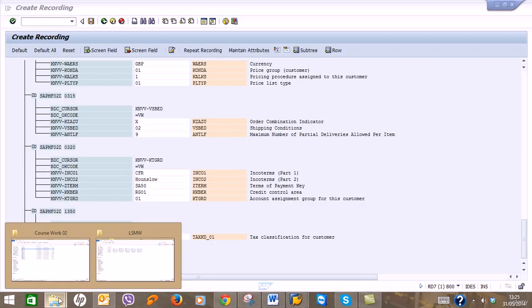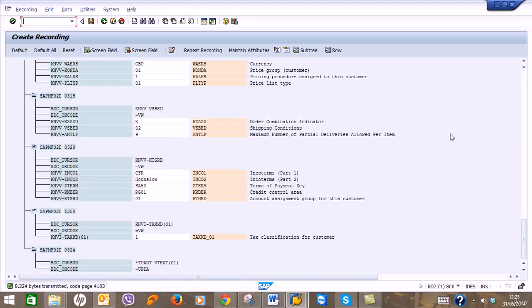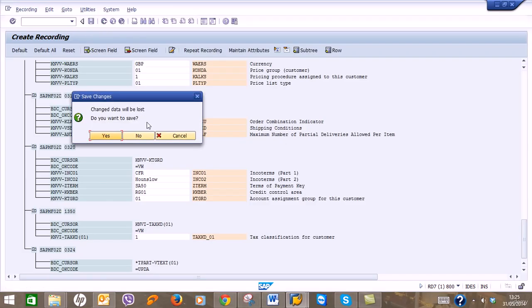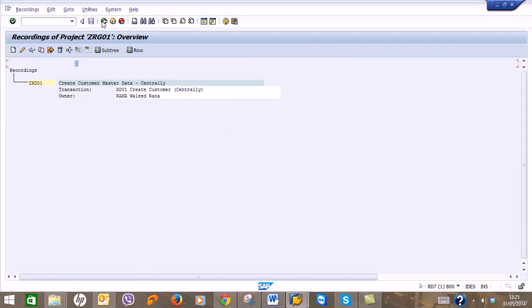And now if you go back and have a look, this Excel file has been generated, but we will look at the file later on, what has been generated here. Now go back, click save, go back, okay, go back,